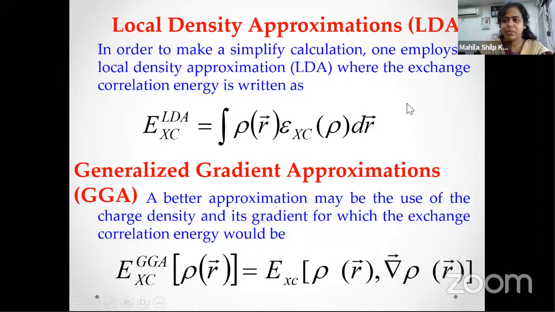So this exchange correlation energy has several approximations. The first approximation was introduced as the local density approximation, in which the energy is a function of only charge density, but it has several limitations, so it requires another approximation, that is the generalized gradient approximation. That is the improved approximation. In this approximation,